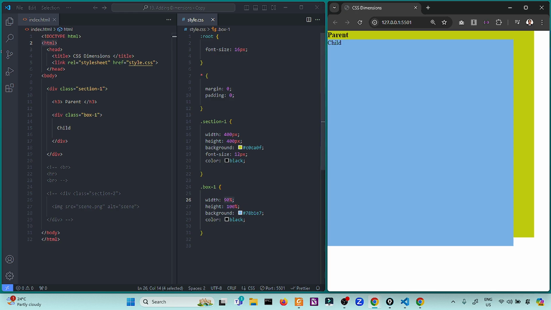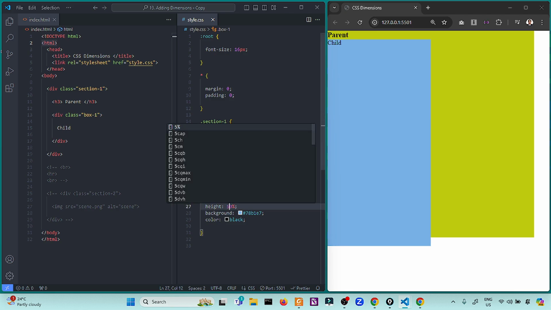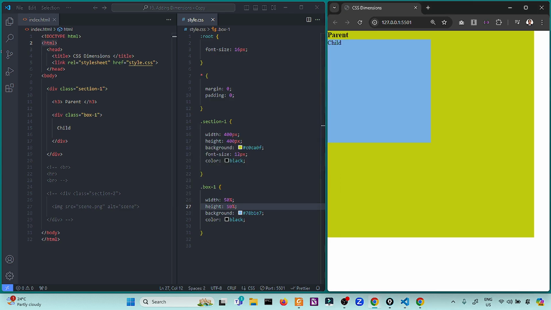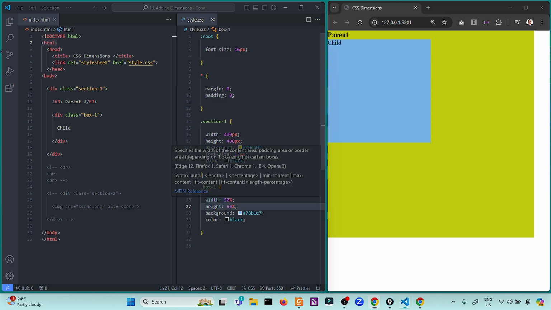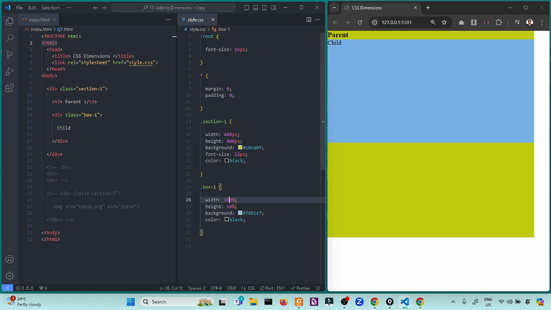This one, for example. How about I say 50% of the width will be covered by box 1, and for example, 50% of the height will be covered by box 1. There's an overlapping, as you can see in the height. So it overflows, for example, if you notice, about 98%. So sometimes it is overflowing the parent container.